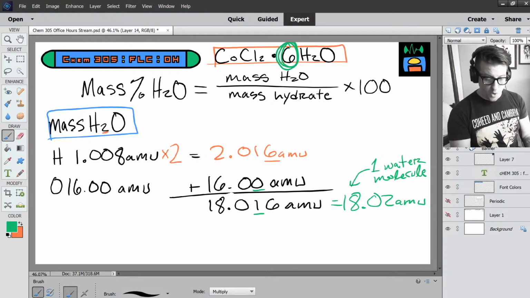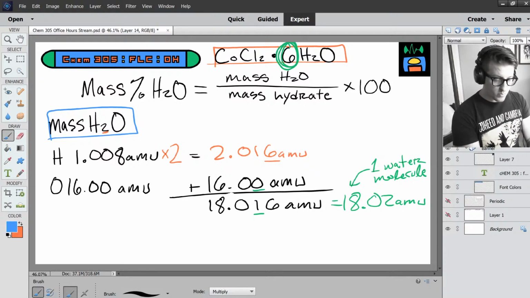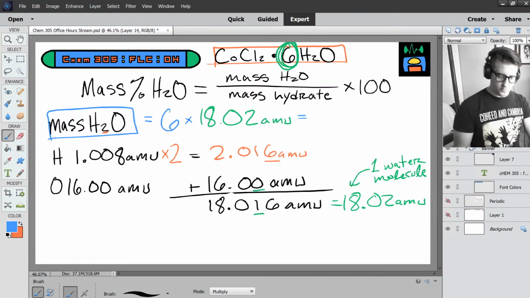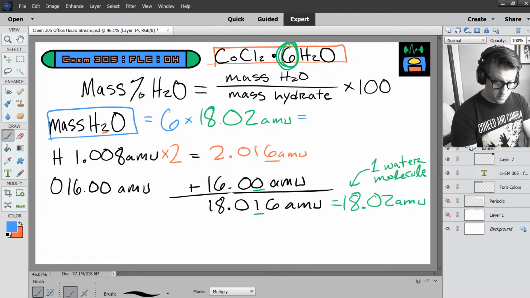So the mass of water really is going to equal 6 times 18.02. The mass of water that we're going to use here, 6 times 18.02, is 108.12